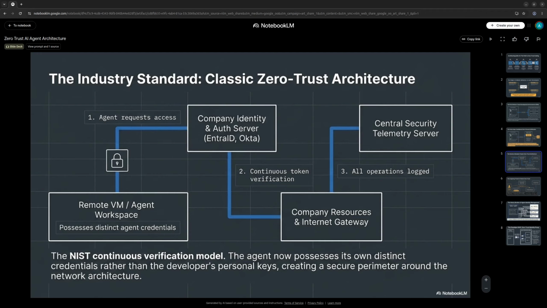And the second, the company resource needs to be able to limit the access to the specific operations required by this agent and nothing else. And of course, because the agent instance has its own credentials, we can also track all the operations through all the backend systems inside the central open telemetry server or whatever the telemetry server